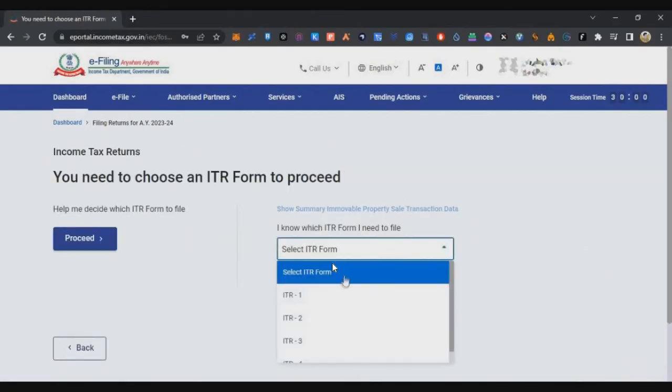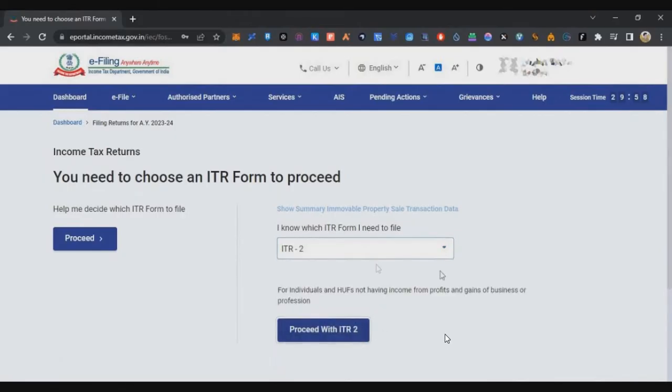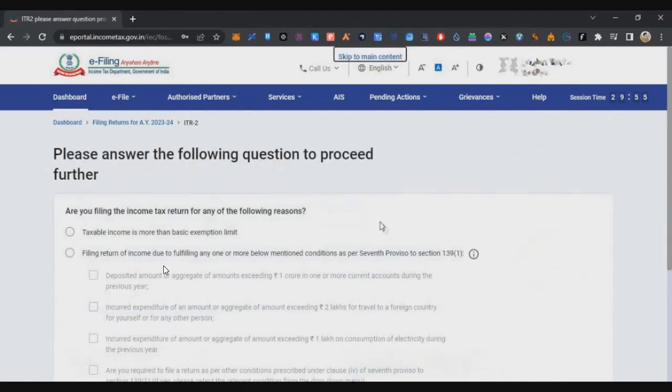Then here you have the 4 types of ITR. You need to select ITR 2. ITR 2 is basically for any capital gains you have in your last financial year's income; you have to declare that under ITR 2. In ITR 1, if you select it, you will not get any option to show your cryptocurrency profits, equity profits, or any other capital gain. So let's select ITR 2, click on proceed with ITR 2, then click on let's get started, and then